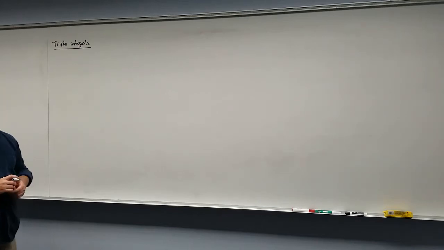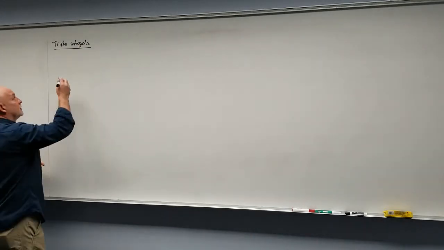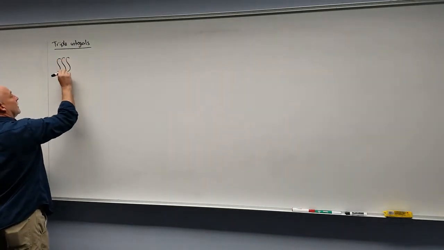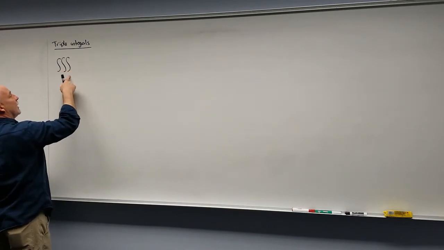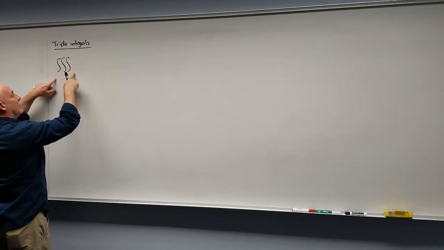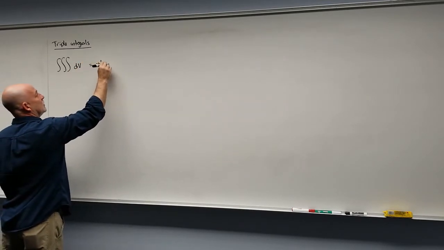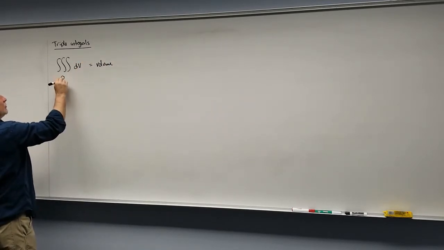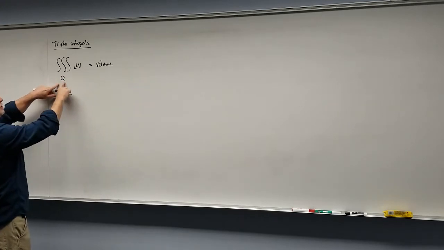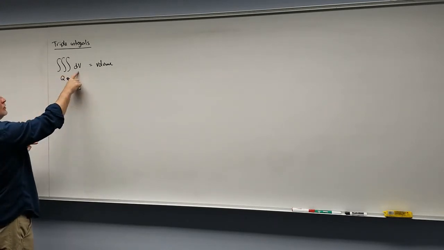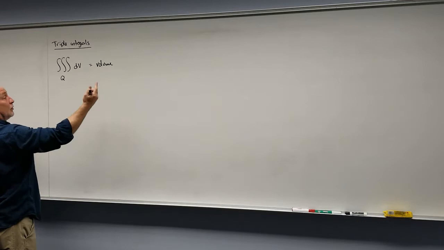All right, let's take a look at triple integrals. Triple integrals, we've already seen a little bit of the idea. Here, generally, if we have three integrals, that means we're integrating in three directions, which generally is going to give us a volume. And generally, I believe this book uses Q. So this is just saying if we integrate over some volume, dV,